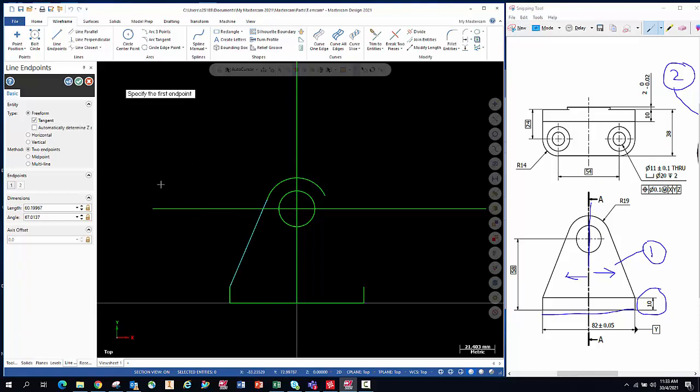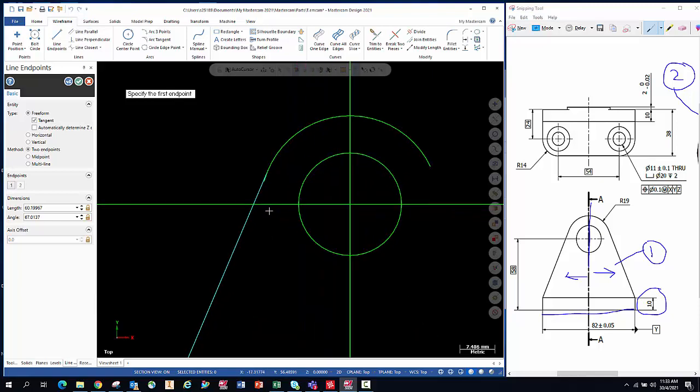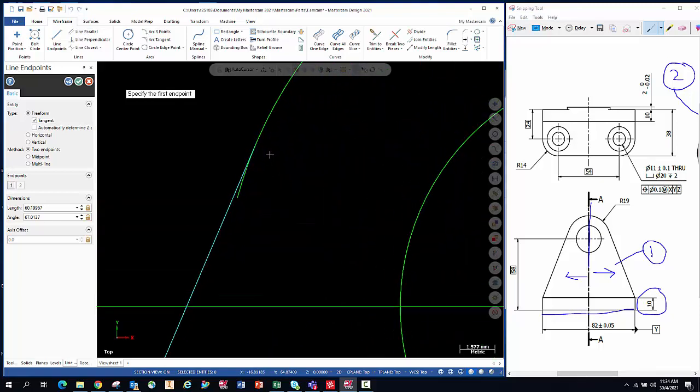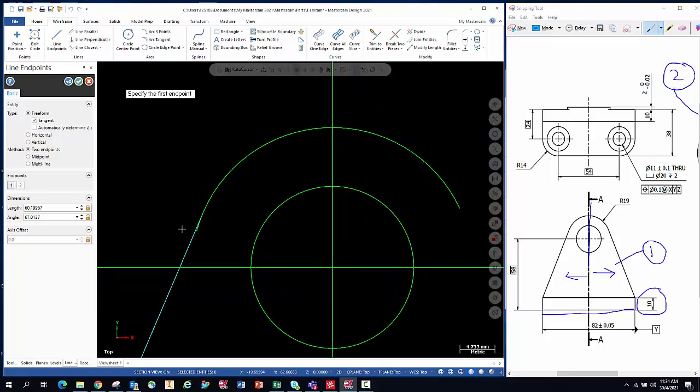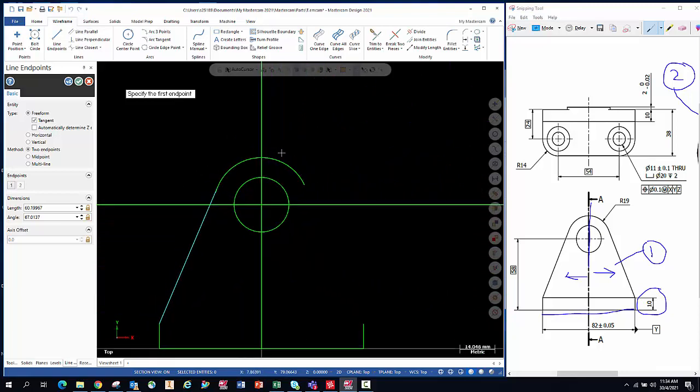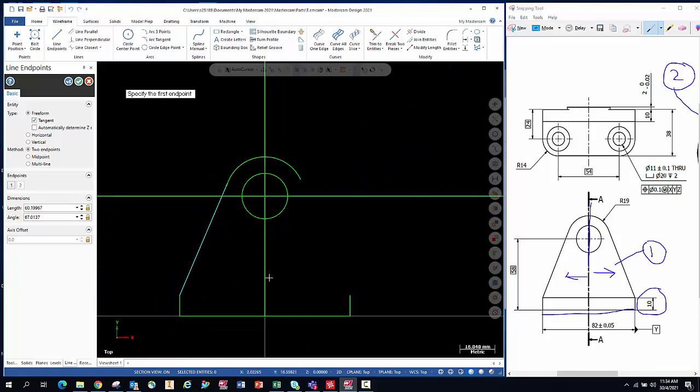Okay, over here you see that we will get the line to be tangent to this element. The line will not be simply connected to that endpoint. So that is the advantage over here. Now I am happy with this,